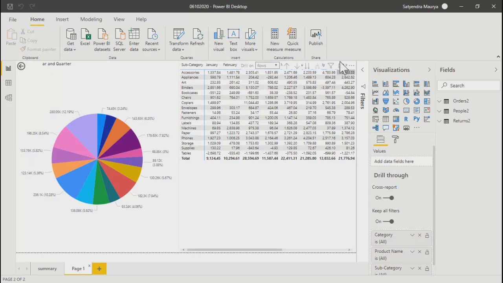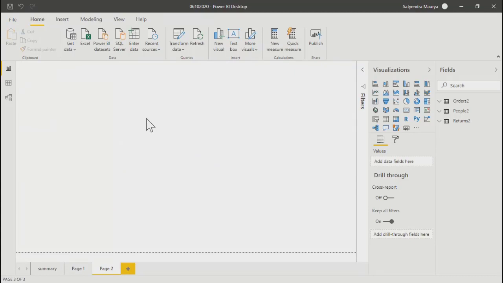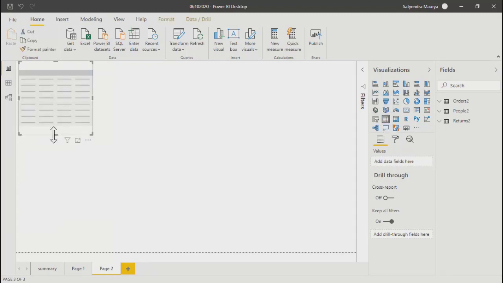The cross table. So I'll create these things from scratch once again. See, there are two types of tables over here. One is a simple table, and another object is known as matrix. Let's say in any case you go with table and you start putting your fields over here.